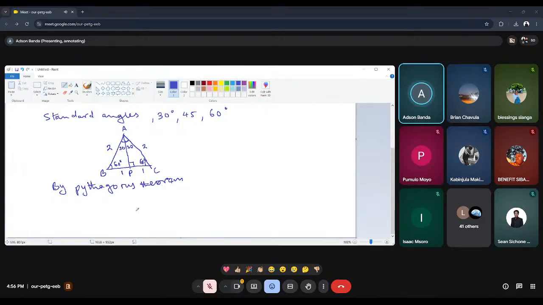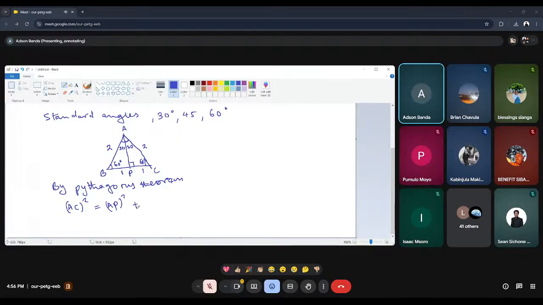So we are just going to find the length of AP using Pythagoras theorem. So we have two triangles here, which are each of them right angled. So in this case, we use Pythagoras theorem. Pythagoras theorem says the following. So AC squared is equal to AP squared